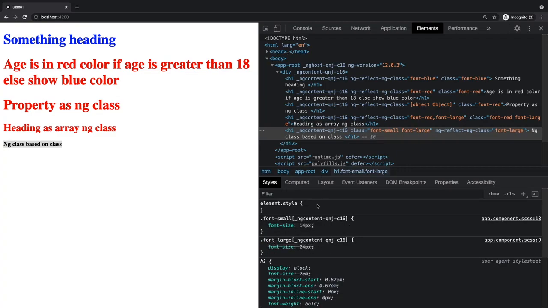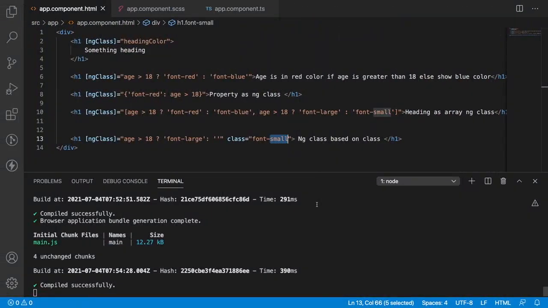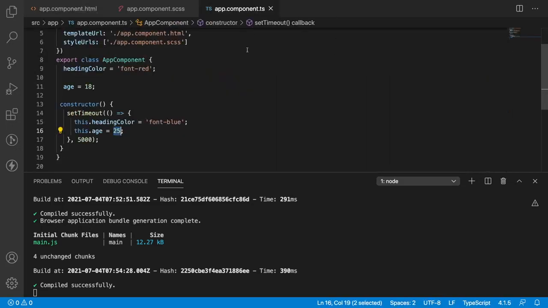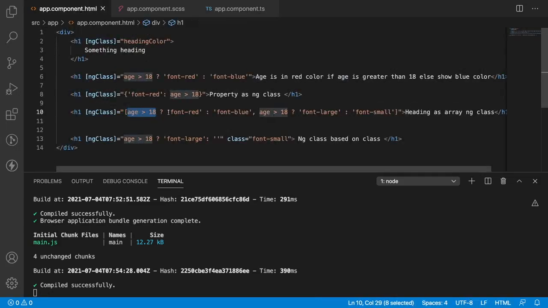So what we understood from this, whenever there is an ngClass and the class which have the same properties, that means here the font-small, font-large both have the same property, that is font size, it will always focus the CSS class, not the ngClass. So who will be the priority? CSS class will be the priority. This makes our work very simple. No need to get the element, no need to add the class, no need to remove the class. Whenever you want to add the class, define the class variable, or based on the conditions, use the classes.